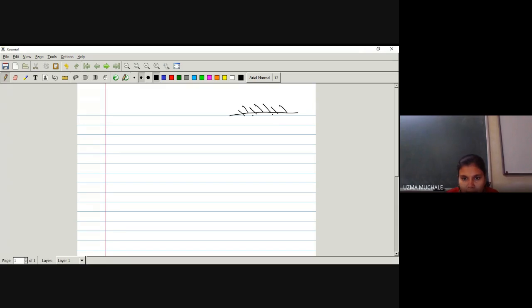Then we have some thread of length L or some wire of length L, with some mass m, that is a particle of mass m. So it will have the motion in this particular area. Actually, my figure is not so good. So this is our rigid support, this is the length of the particle's string, and this is our vertical.